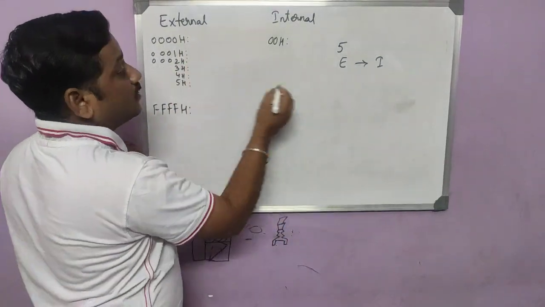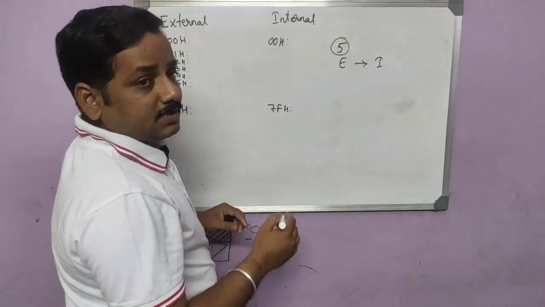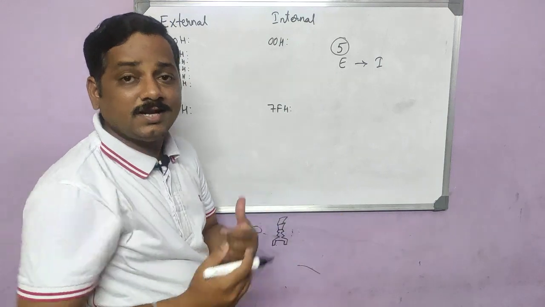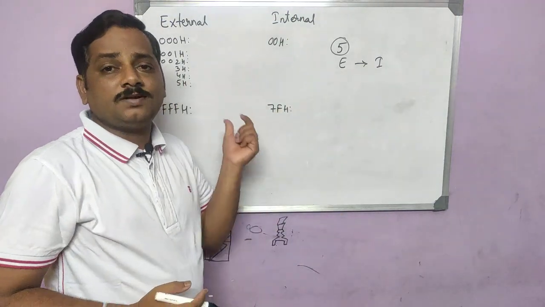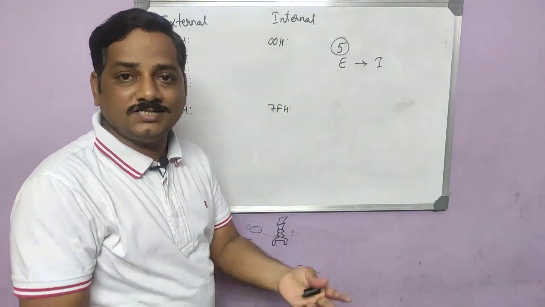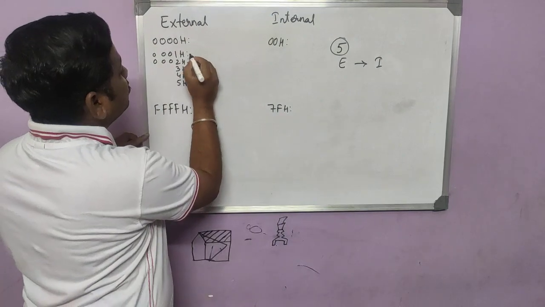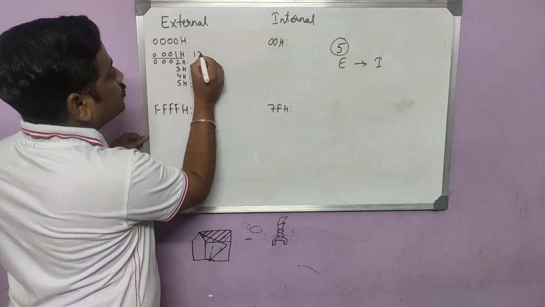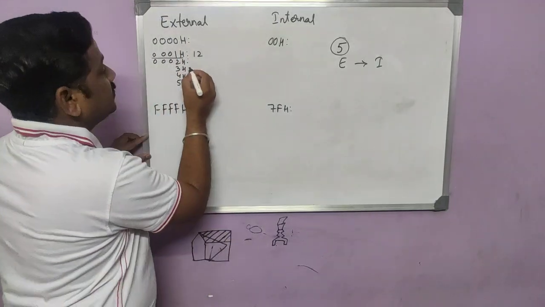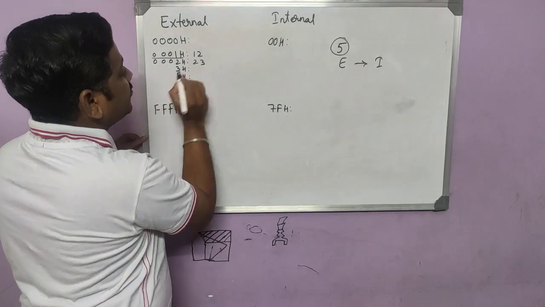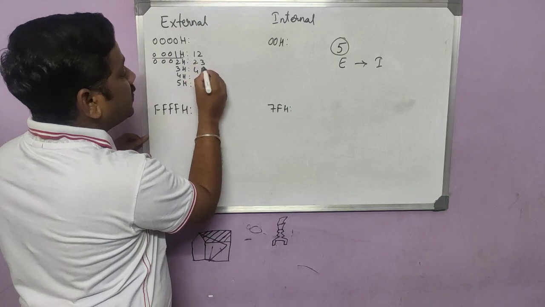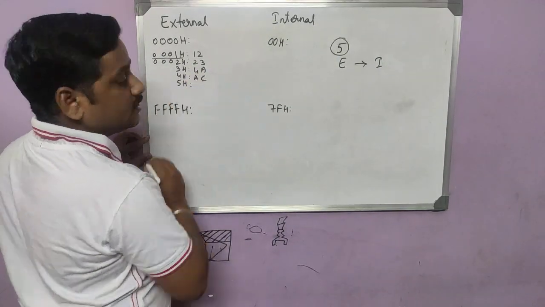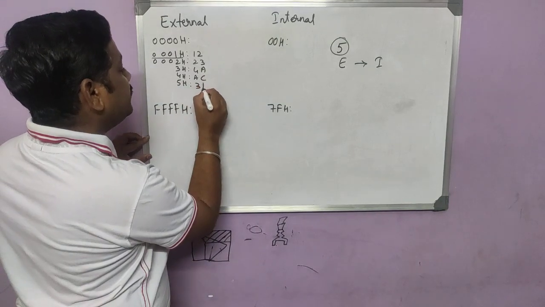Let me give what those 5 data are. Those 5 inputs are the 5 apples, that's what I took as an example. Now I am going to give 5 numbers, 5 digits. Let me give the input. The first input at 0001H, let me take this as 12. That is one input. The other input is, say, 23. Next we say 44. We can give hexadecimal inputs also. Let's say A, C and 3B.